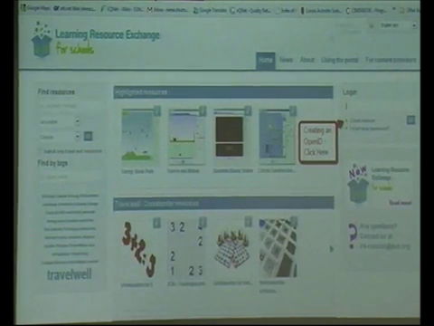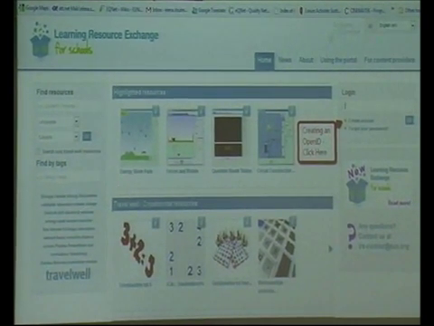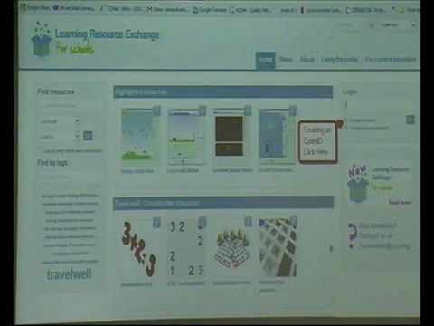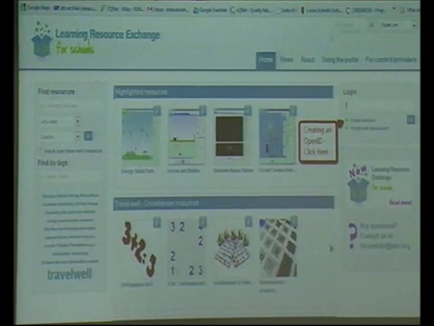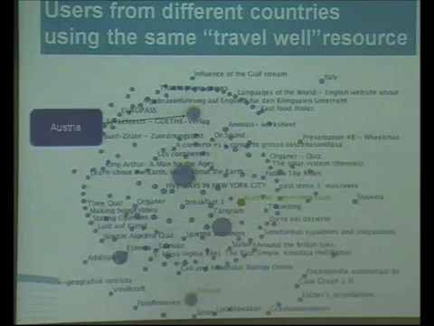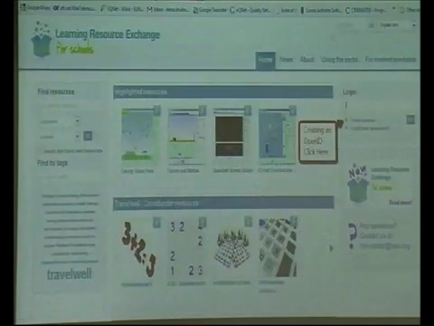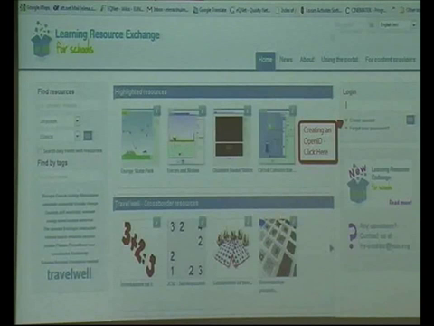If you are a teacher, you will probably use this menu to search for resources by language or subject. So I tried to do that for chemistry, and I found, I think, 2,000 digital learning resources for chemistry.